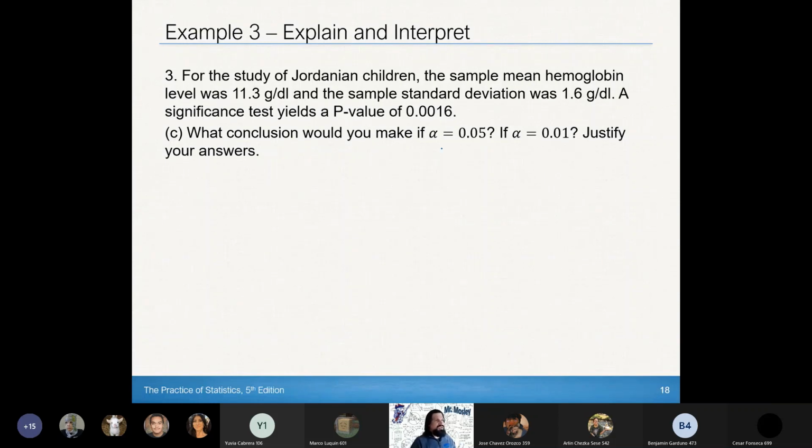Right, what conclusion would you make if alpha, our significance level, equals 0.05? Right, if alpha was 0.01, we need to justify our answer. All right, I'm going to boil this down to a single statement here for both scenarios. Right, in both cases,